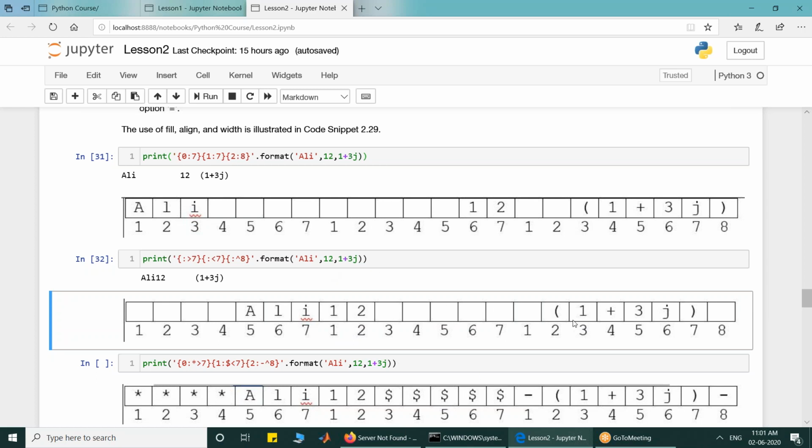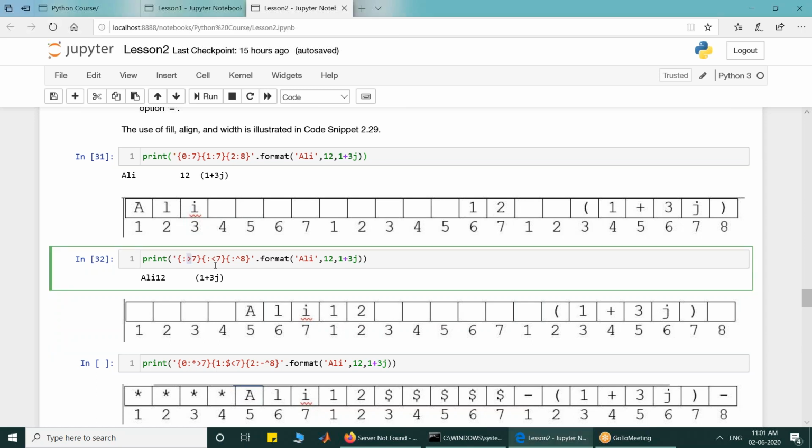And the number 1 plus 3j, now it is center aligned. Have you got this? Just quickly write on chat box whether you are getting or not. Okay, so I can change the alignment of number by putting greater, lesser, or caret sign.